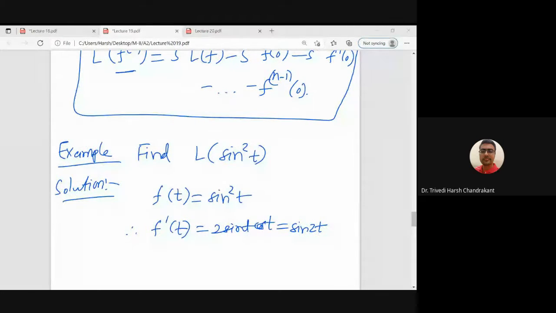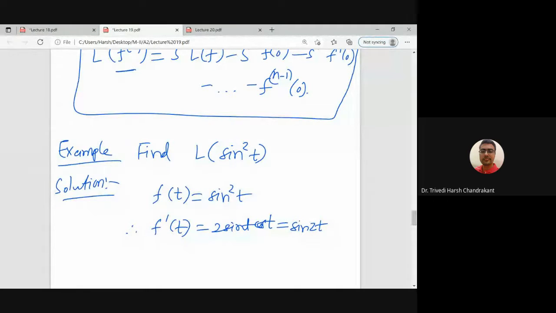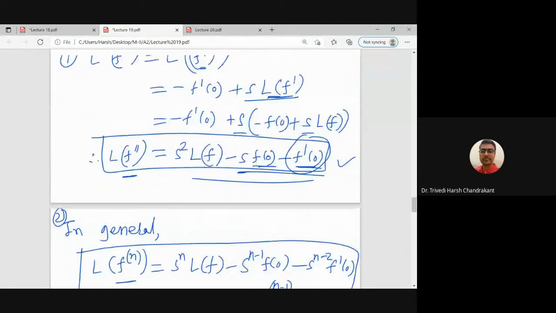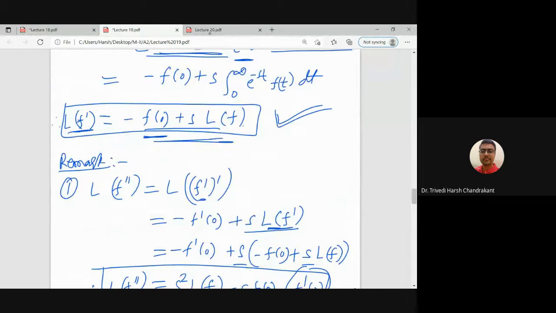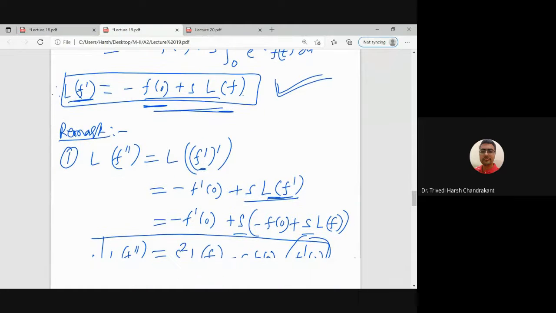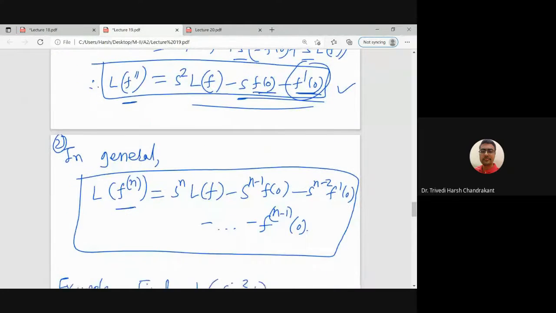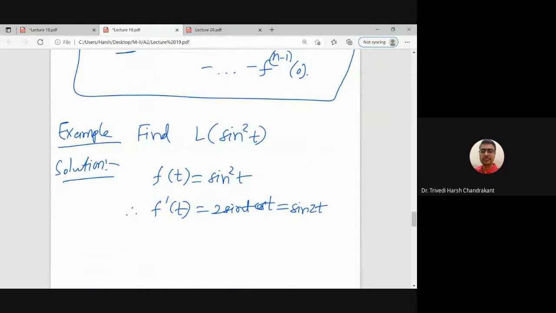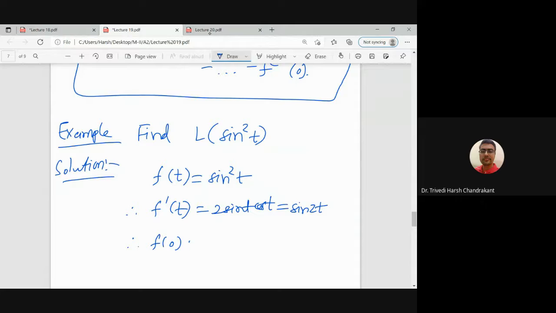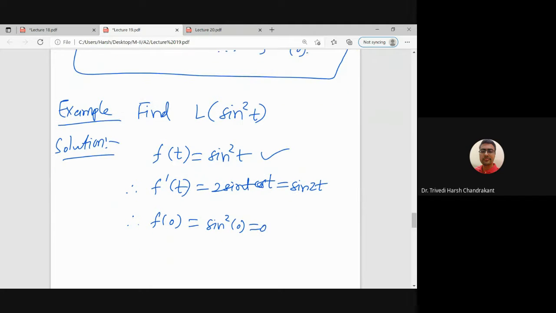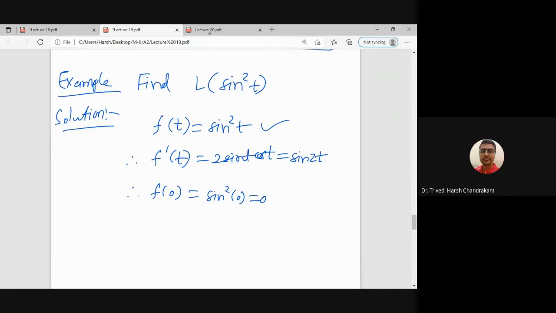Now, if we want to use the first derivative formula, then we need to know the value of the function at 0. So what is the value of the function at 0? In the function we substitute t equals 0. That is sine square 0, which is 0. So what does this give? This gives, therefore, by the above formula,